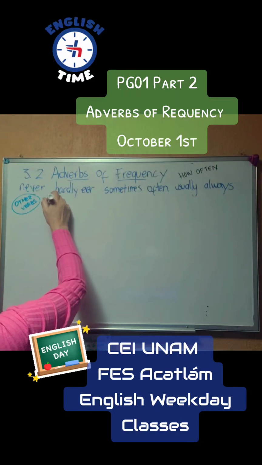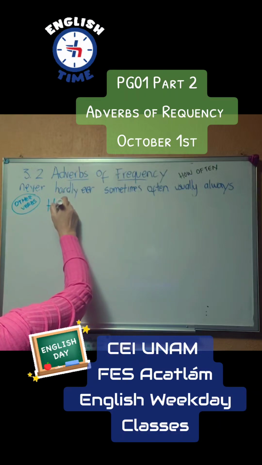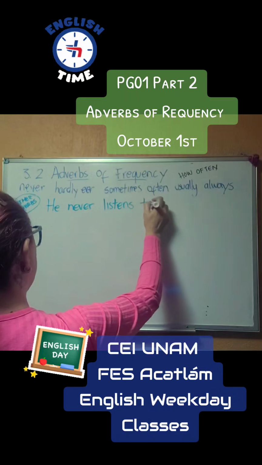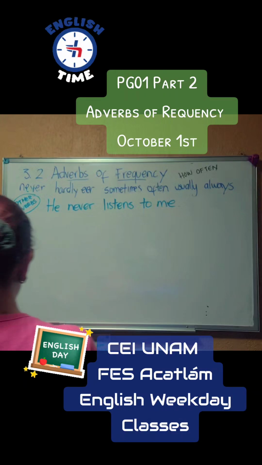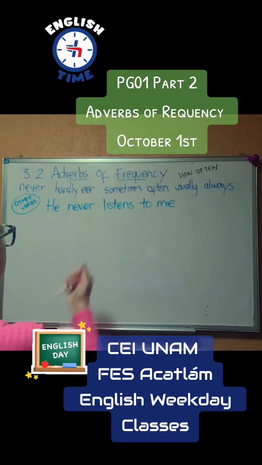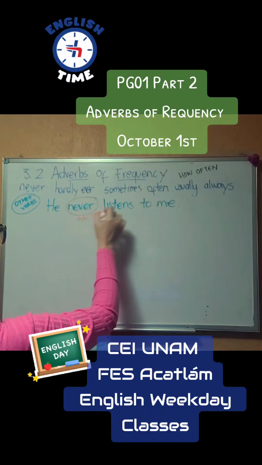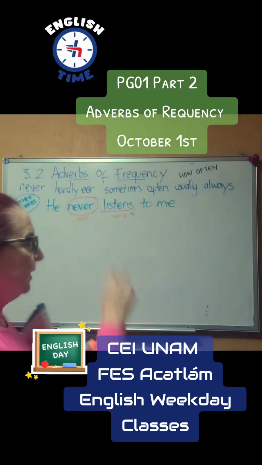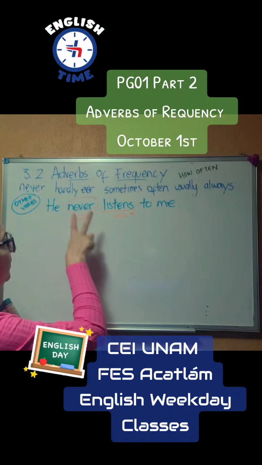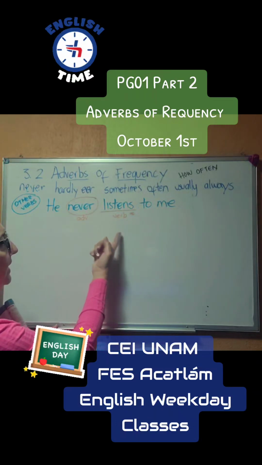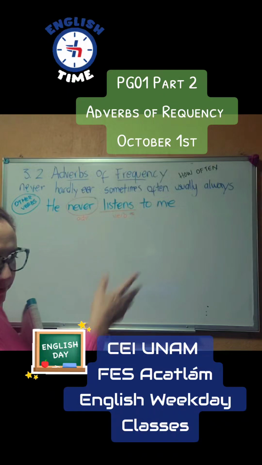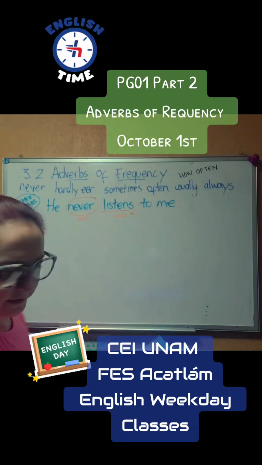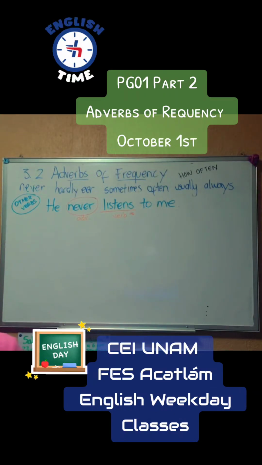So we have here he, yes. He never listens to me. Okay, so we have he never listens to me. We have here never, this is the adverb, and then the verb listens. Listens because it's he, she, it. So if you see, it's all the way around. With the verb to be, it was first the verb to be and then the adverb. But with the rest of the verbs, we have to use first the adverb and then the verb. Okay, so we have he never listens, and we can write